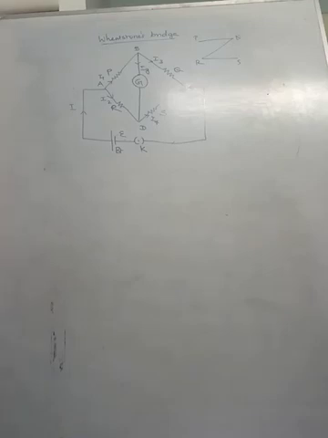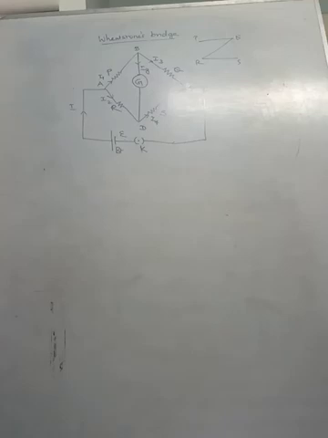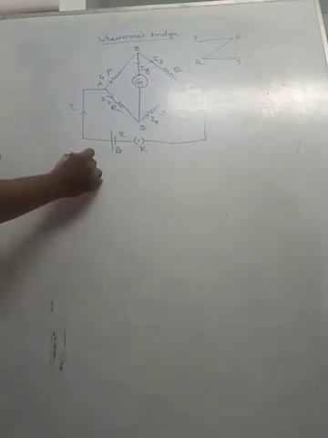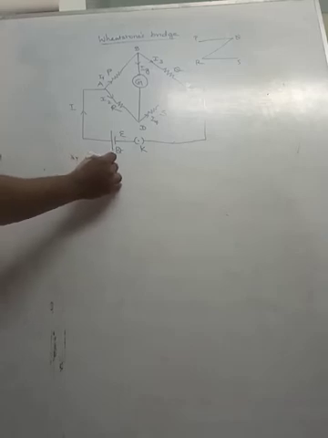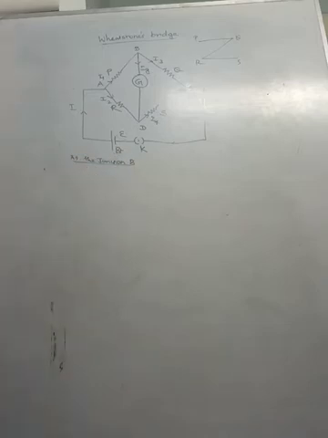So this is the structure of the Wheatstone bridge, or you can say it's the circuit diagram of the Wheatstone bridge. Now, first let us take the junction B, listen carefully. At the junction B, we are going to use the junction rule. According to the junction rule, the current entering the junction is equal to the current leaving the junction.